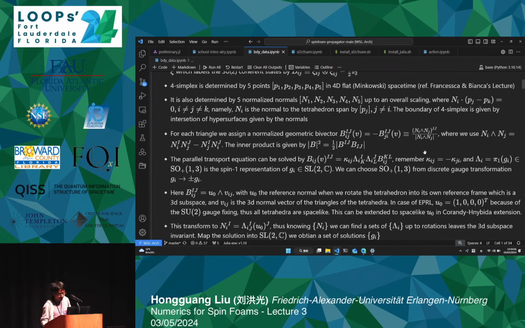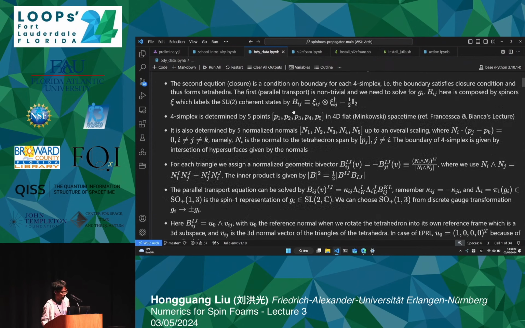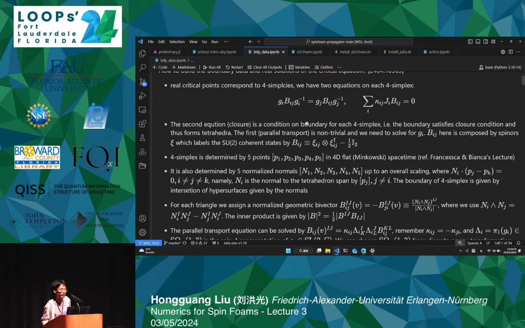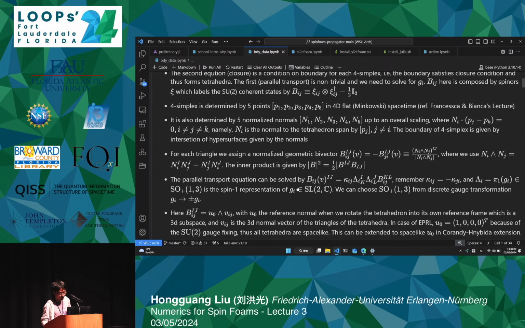One thing is now we introduce a kappa. This kappa is introduced according to the graph, the directed links, if you want. We already discussed it last time. One more thing is I directly write SO(1,3)+. Why SO(1,3)+? Because we know SL(2,C) is a double cover, but we also have a gauge transformation. You can also see this from the equation of motion. If I add a plus or minus sign, it doesn't change anything. So this actually is a discrete gauge transformation that can be used to fix the lift. So we can always lift it. And we choose SO(1,3) such that